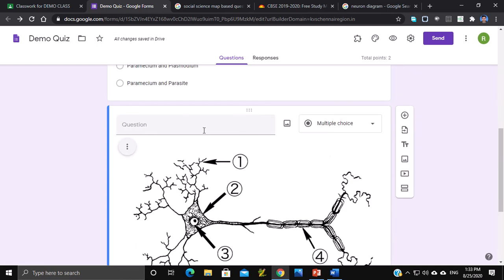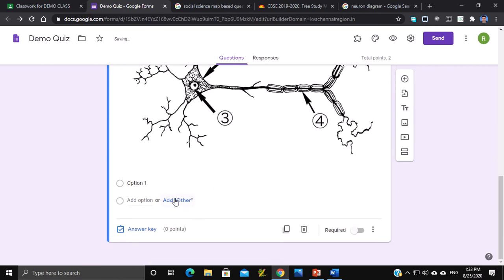Now I can ask the question: choose the correct labeling from the given options.